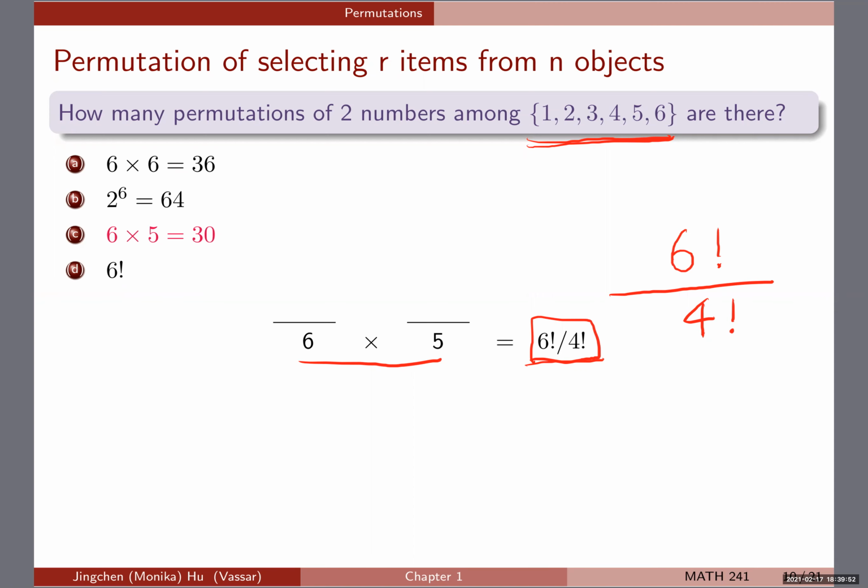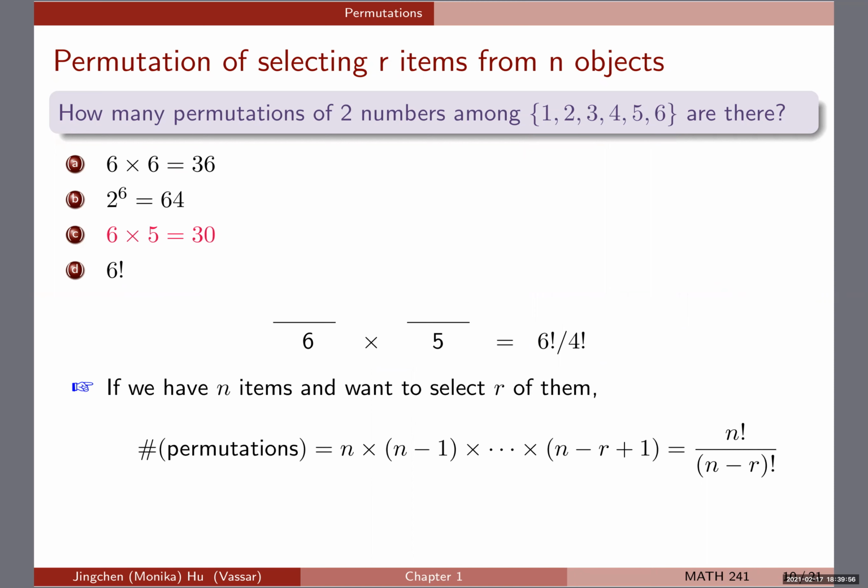So more generically, let's look at the results. If I have n distinct items and I want to select r of them, the number of permutations, well, we know that we can count one by one up until the last choice is being made, but we can also express it as n factorial divided by n minus r factorial, just like what we have seen over here. So first of all, in the numerator, we have the number of ways to permute